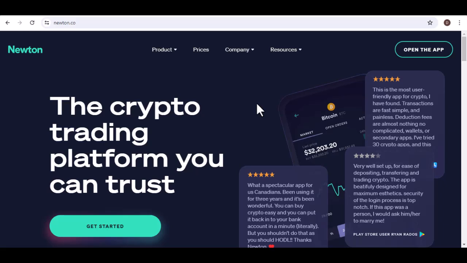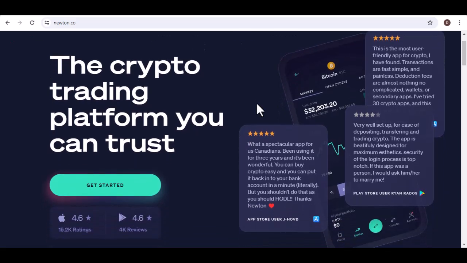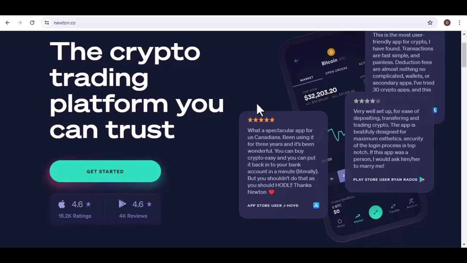Have you ever felt like you're missing out on the incredible world of investing? Do you wish you had a simple, accessible platform to grow your wealth? Well, look no further. Today, we're going to dive into the world of Newton, a user-friendly investment app that makes